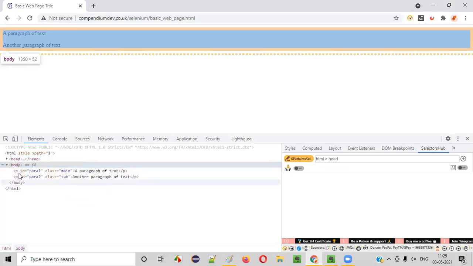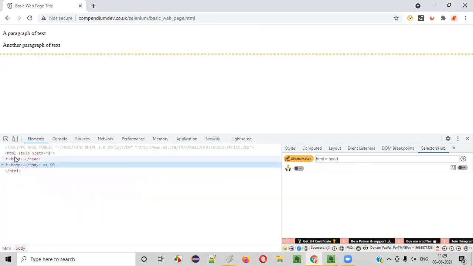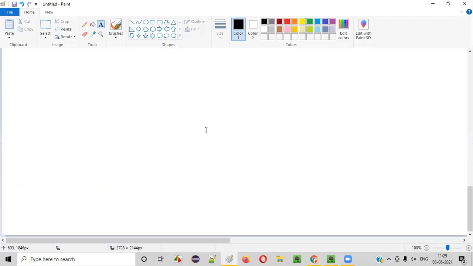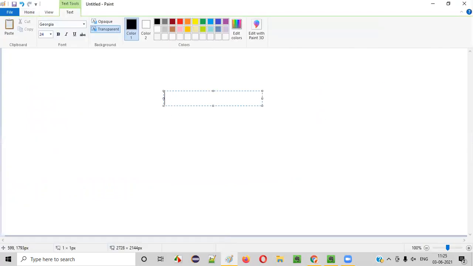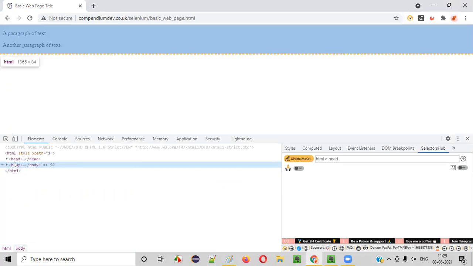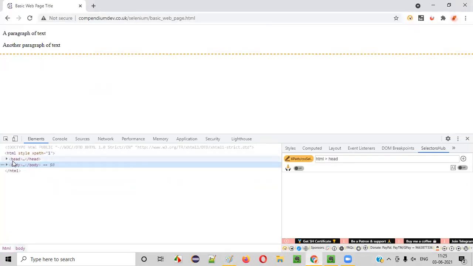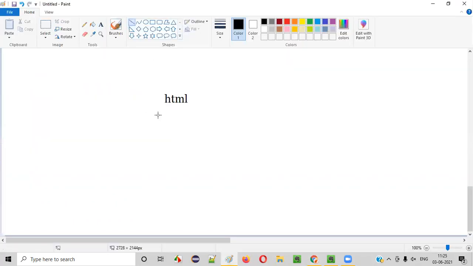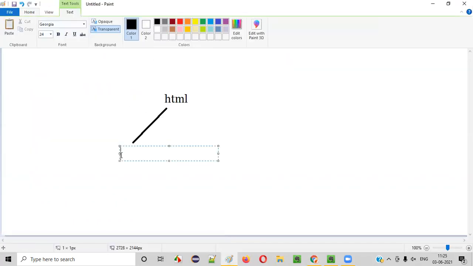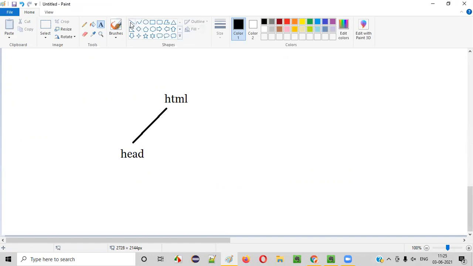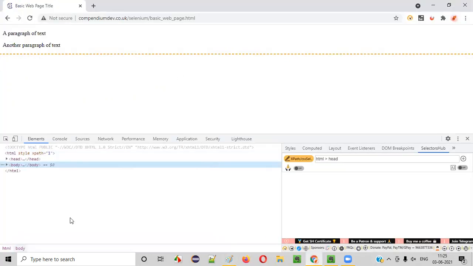The navigation is something like this. Under HTML we have head and body tags. Let me write down this particular complete code I am depicting here. Under the HTML tag we have head and body tags. This is head and this is body.